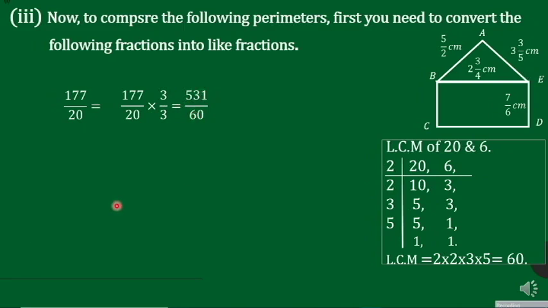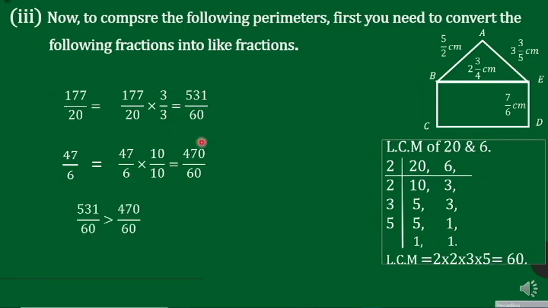Now if you convert the next fraction into a like fraction, here the denominator is 6, so by which number will you multiply? Guess at what time we will get 60. In the table of 6 we get 60 at 10 times, so here we are going to multiply the fraction with 10. 47 upon 6, and 6 into 10.